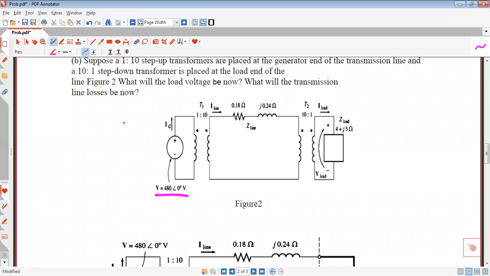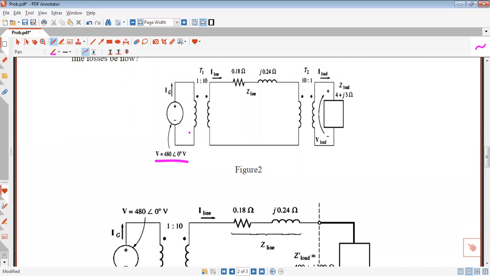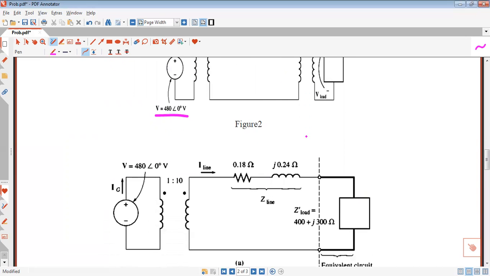Same problem, same thing is there, but the only difference is that here a transformer is applied, and all other things are the same. So first of all, we have to convert all this. Suppose this value we have to take to this side, and this value we also have to bring to this side. So we have to use the relation for transferring; this is our Z load, and transferring it to this side, the load impedance can be transferred here, and that equivalent resistance is drawn in this figure.